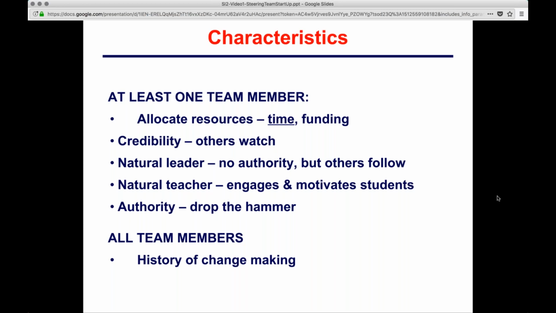One person has that real gift of credibility that others are watching, and they'll be kind of the go-to person. So as you can see, we're looking at different personalities here that we have found make up extremely useful and active steering teams. If you can find that natural leader, they don't really need any authority, but others follow.